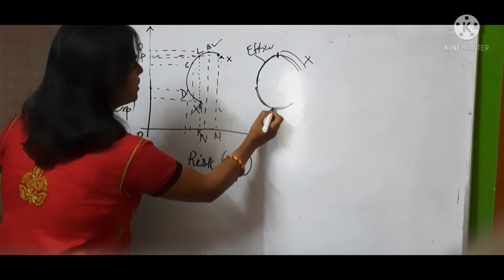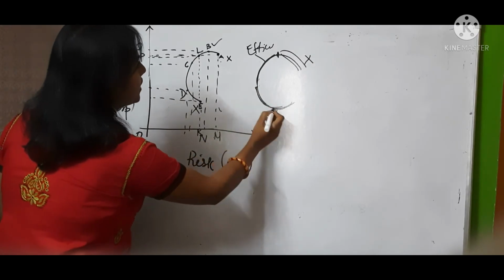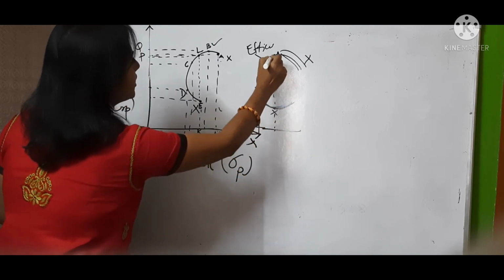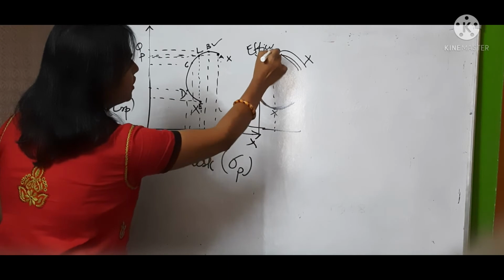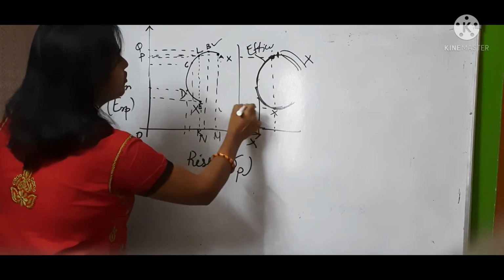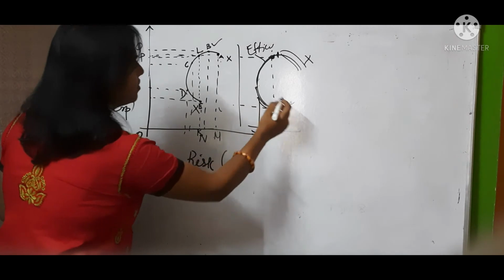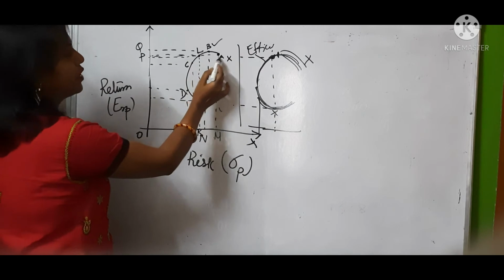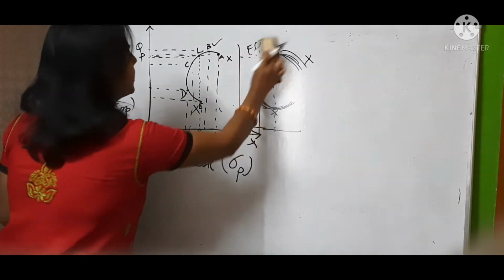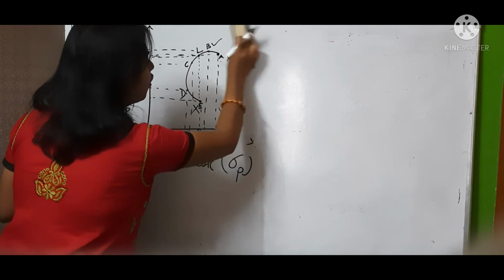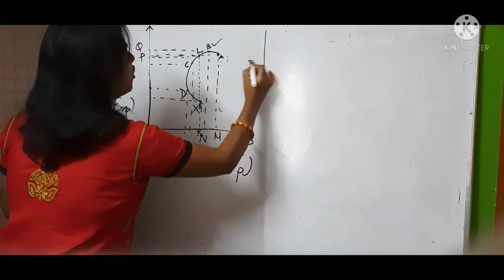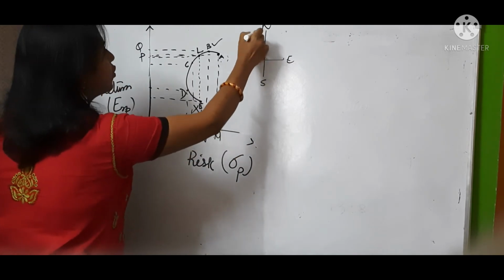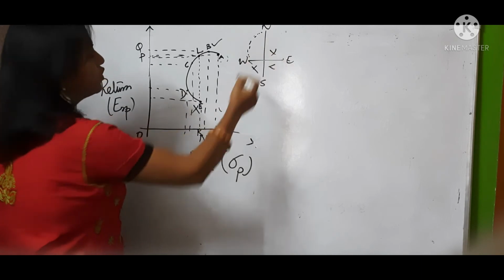Why is this side less efficient? Because you are taking the risk. The same risk is taken by a portfolio here, but it gives you more return and this gives you lesser return. That's why the point below this is not efficient, and above this is also not efficient. You can take the example of A, why it is not efficient. So an efficient frontier will consist of all those portfolios which lie in the zone where, if this is north, this is south, this is east and west, those points in this zone are efficient, and other points are not efficient.